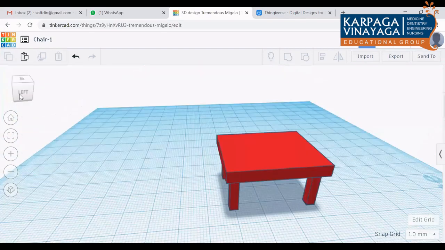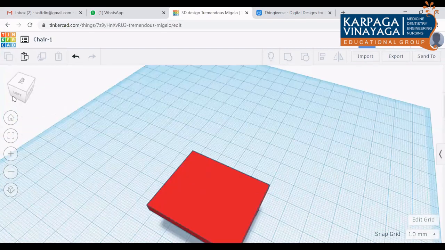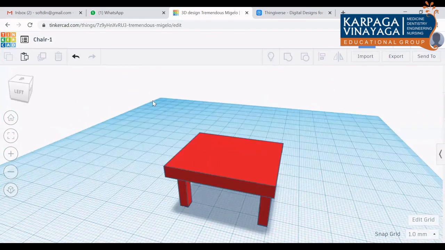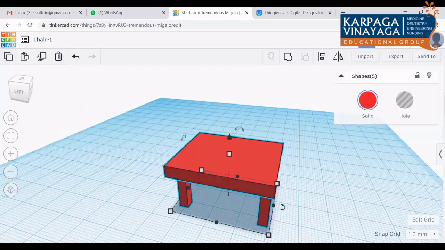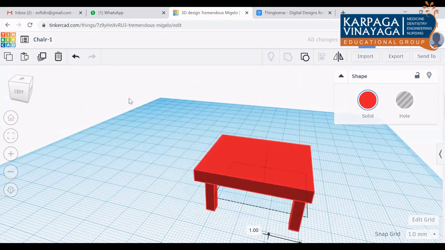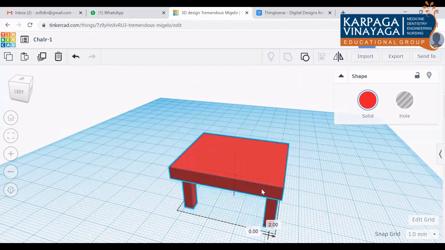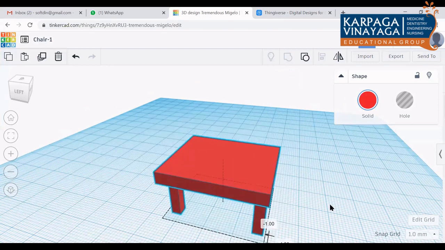Hope it has been placed over that chair. Okay, then what you are going to do is, you just select all the objects, then group it. Here the group option is there, no? Just press that, or you press Ctrl G. So now the entire object will move. All the chair and the seat will move. Now it has been made into a single part.